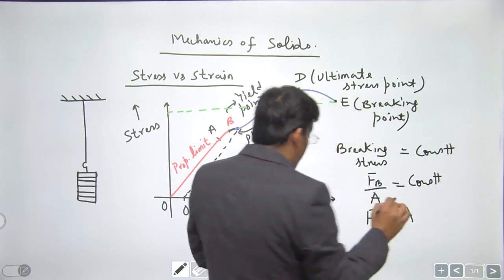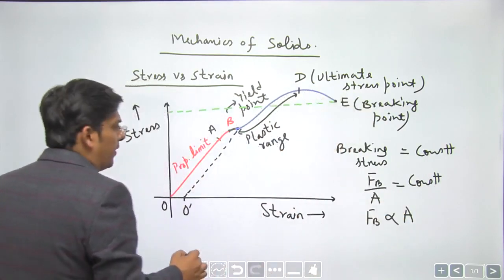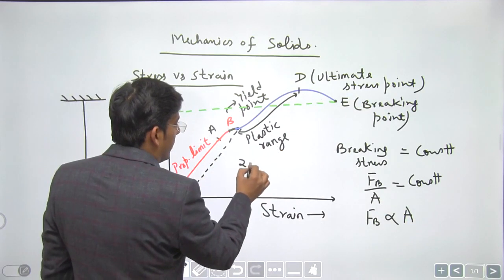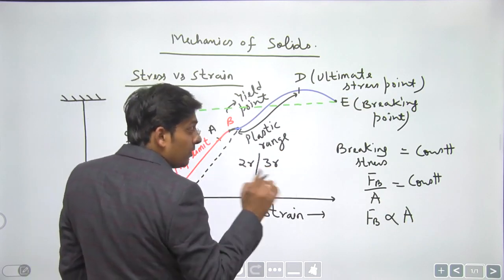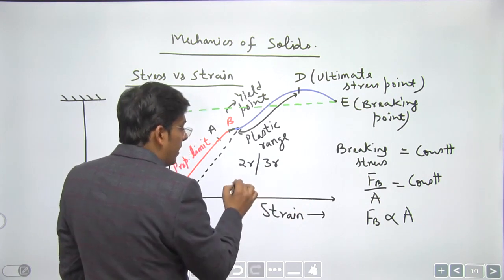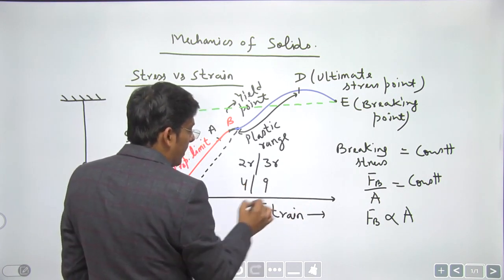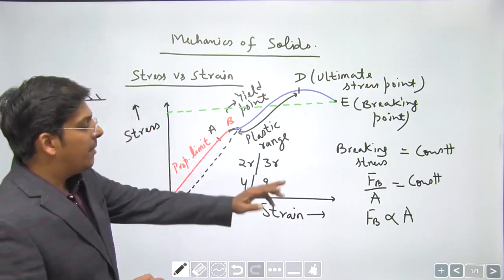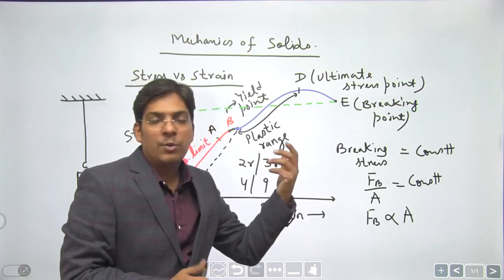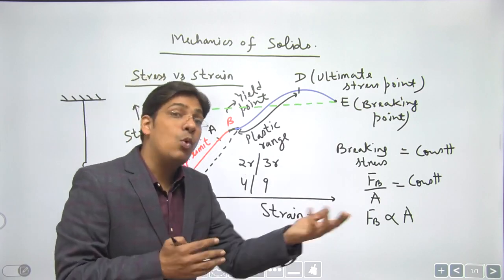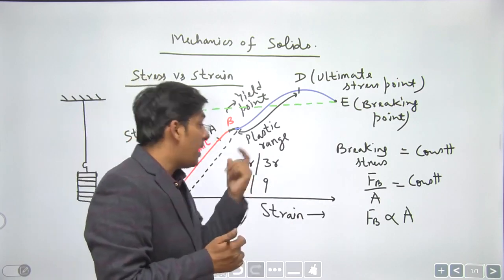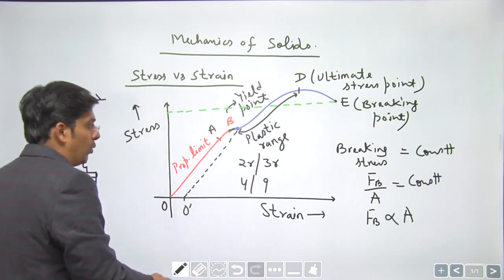So we have got an important question here. If the radius of the wire is doubled or say tripled, then breaking stress is not going to change, but breaking force will become 4 times or 9 times, right? When the radius is doubled, because breaking force is proportional to the area, pi r square, and not the radius, breaking stress is not going to change, but breaking force is going to become 4 times or 9 times, right, dear students? So kindly note down.